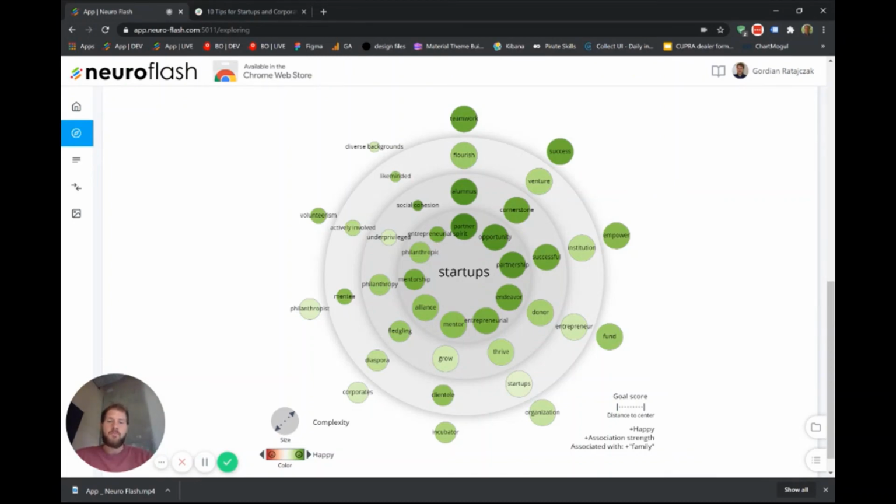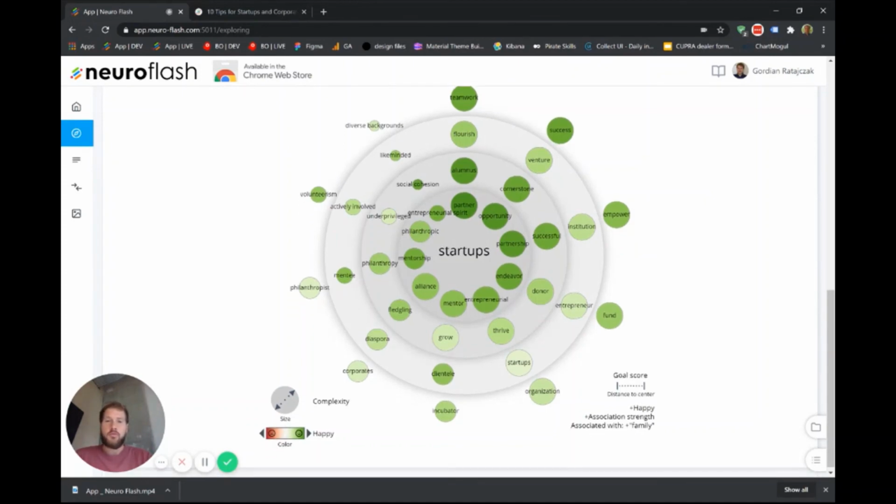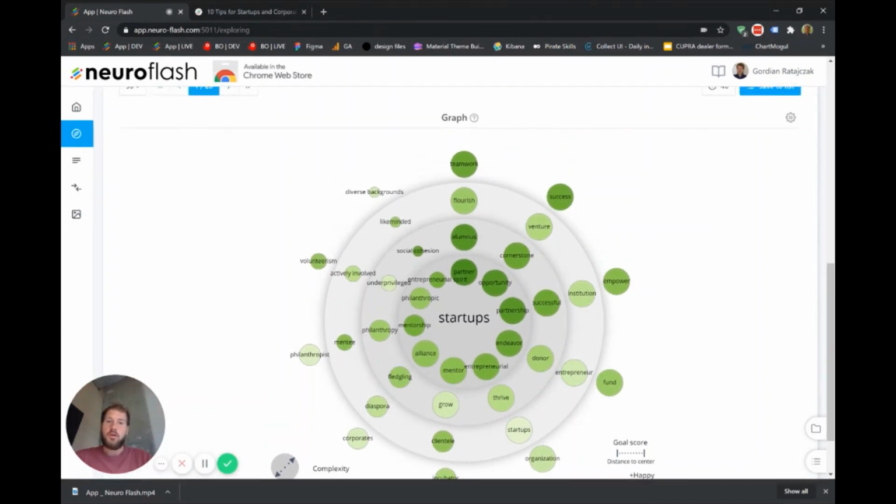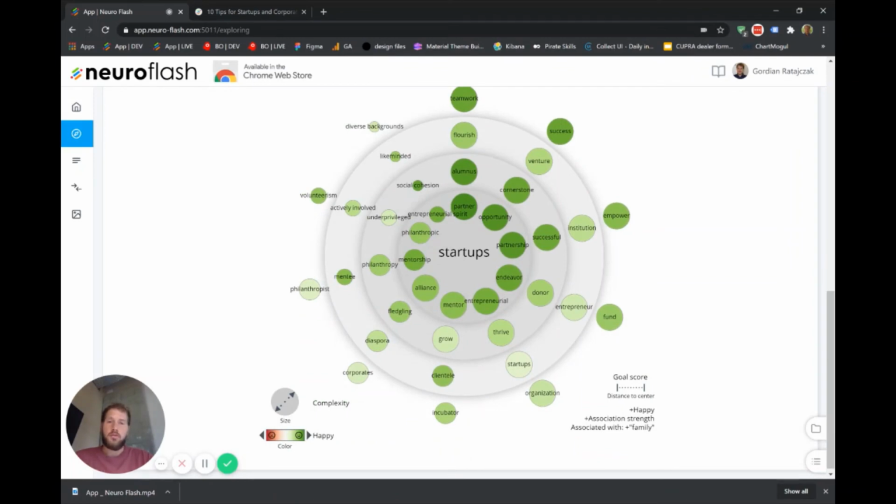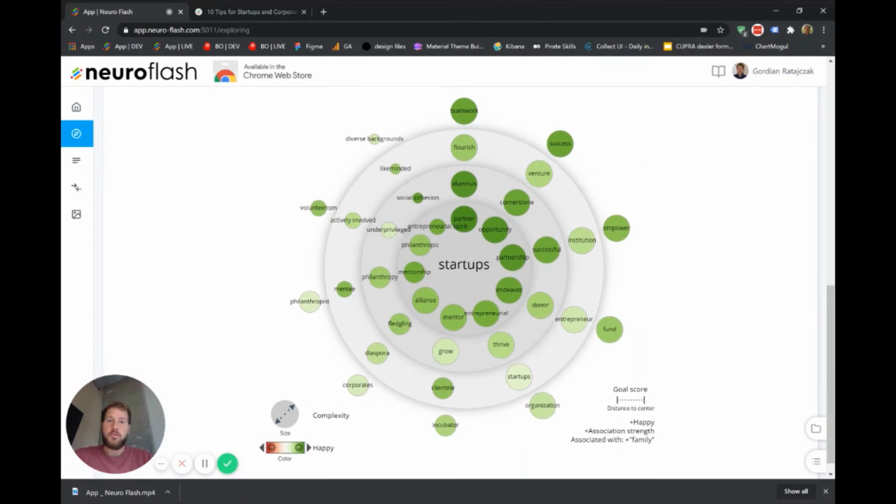All those things have very positive connotations with the startup world. Now imagine you knew nothing about startups before. Now you have a really good picture with 2-3 minutes of work, and you can save that, share that with your colleagues, and find new ways to talk about this, quite frankly, pretty worn-out topic of startups.